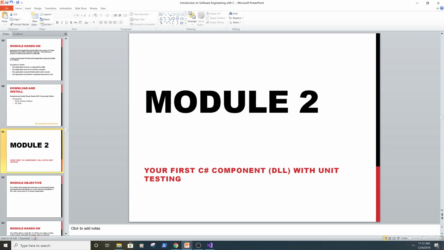All right, so what we're going to learn in this module is we're going to get a little bit more into the code, and we're going to learn about unit testing. When I teach coding, I teach the unit testing first and just the basic concepts, and then we're going to expand upon actually writing code. So there might be some things that you don't understand, but really the objective of this module is to